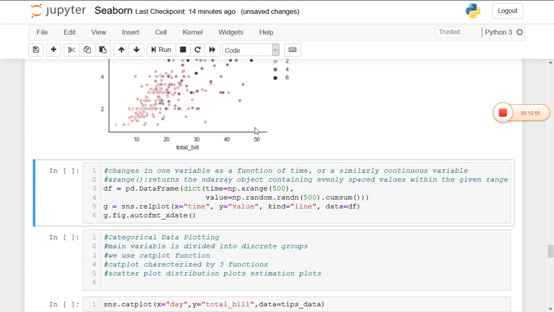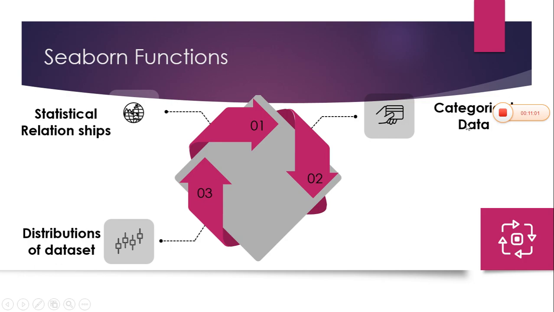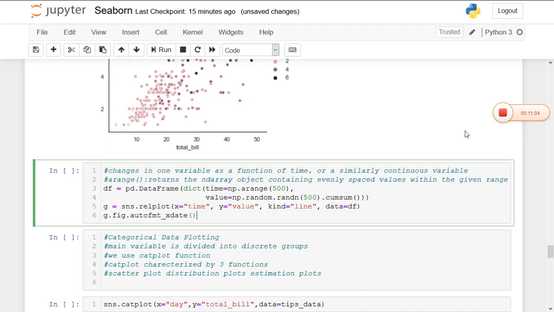Now coming to the second one, that is categorical data. So what is categorical? That is a change in one variable as a function of time, or similarly a continuous variable. In such cases we can use categorical data. That is, if the data set contains two or more columns and one column is affected by another column, or one value is affected by another value, then in such cases we are going to use categorical data